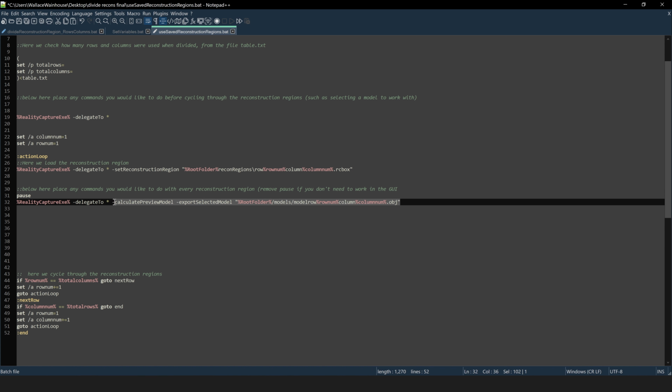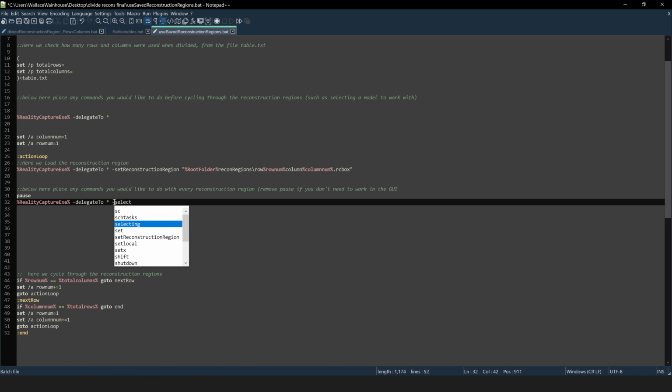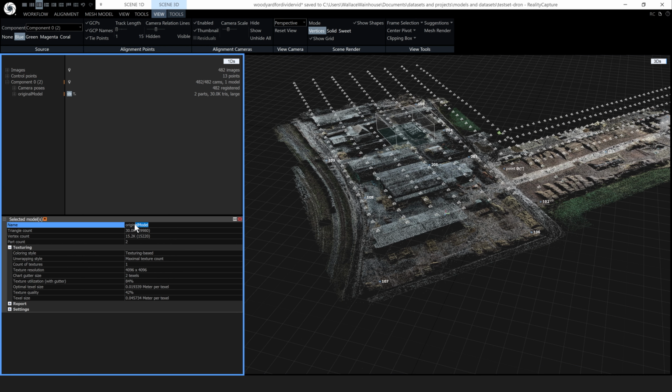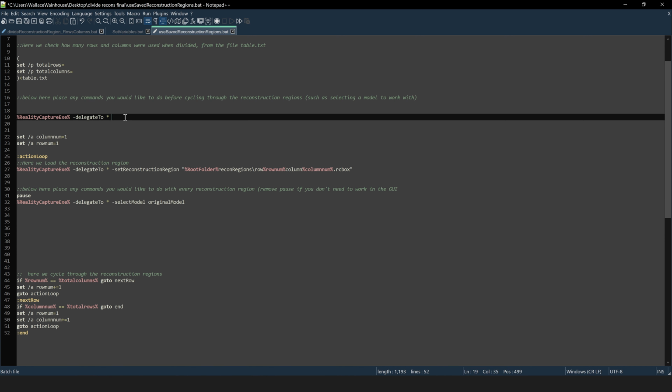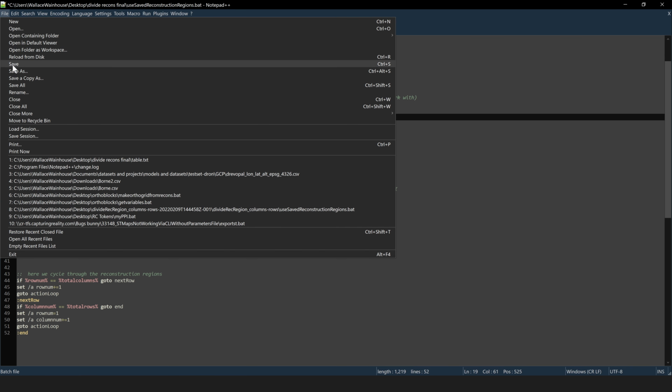So we're just going to use the select in capital model command, and then let's go into the GUI and copy our model name, original model, and then I'm going to put these two commands up in this section above here, which runs before we get into our loop around the reconstruction regions. So let's save that, file save,